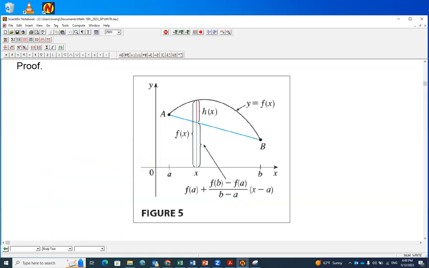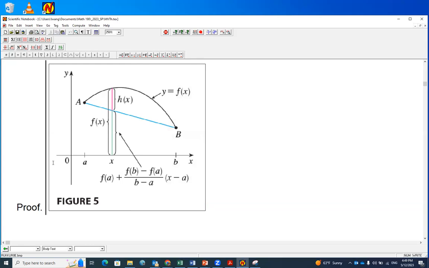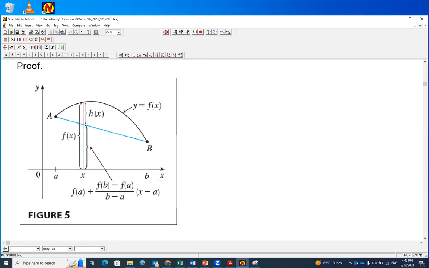Okay, so we want to see the construction of this new function, right? First of all, connecting capital A and capital Q, these 2 points, we have a secant line, right? So the blue line, we call it the blue line. This blue line has a slope, right? So the slope of the blue line